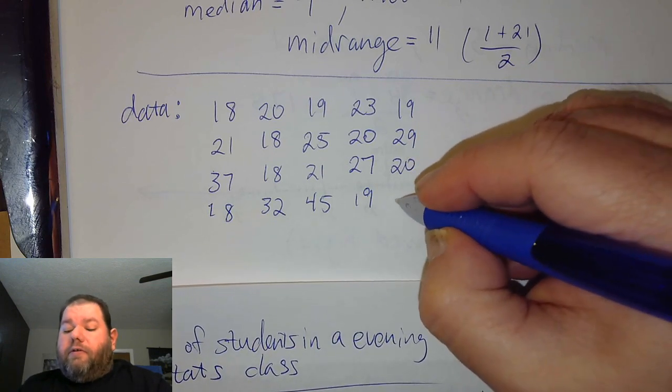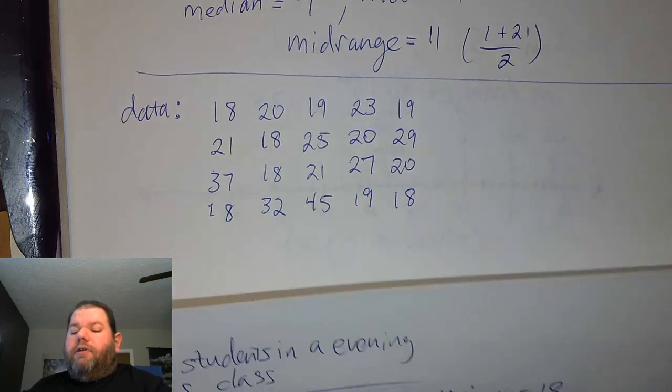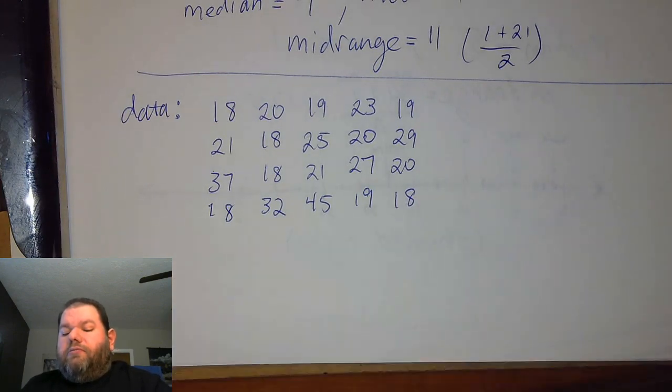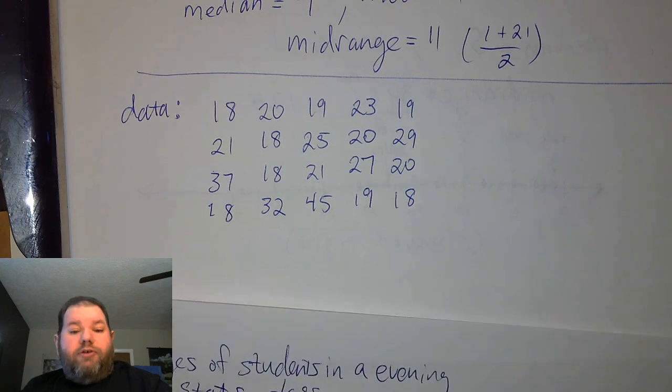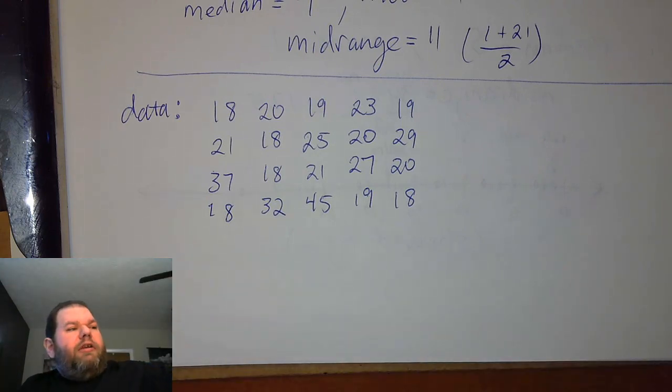Well, that's a good question. Why do we not consider it a population? And in a way, we could consider it a population. It's the entire population of one statistics class, or it could be considered a sample of statistics students from all statistics classes, or a sample of students from a college. Since we're not specifically told that this is a population, even though it is all the students in one class,